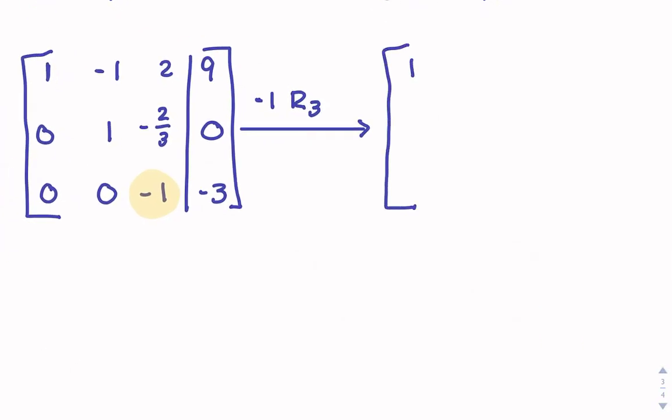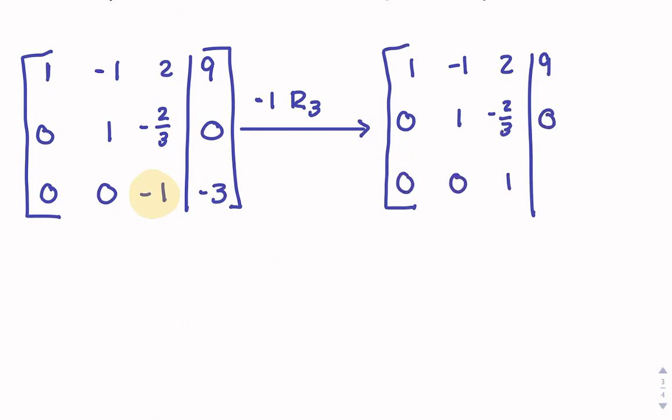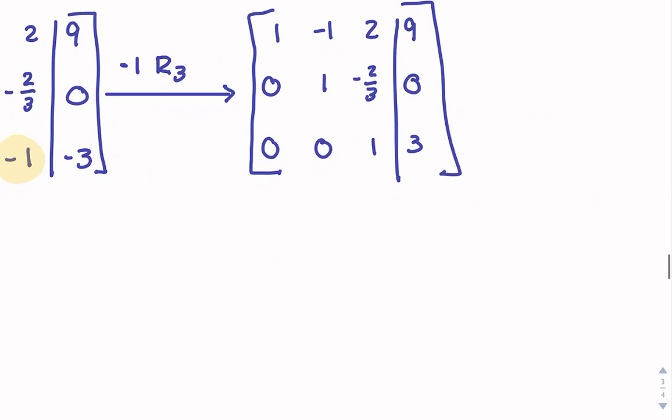So I would get, remember, first 2 rows stay the same because I didn't change them. And then row 3 would become 0, 0, 1, 3. So I check, I see everything on this diagonal is 1, everything below it is 0. So I did it correctly. Finally, I can state everything. So starting with